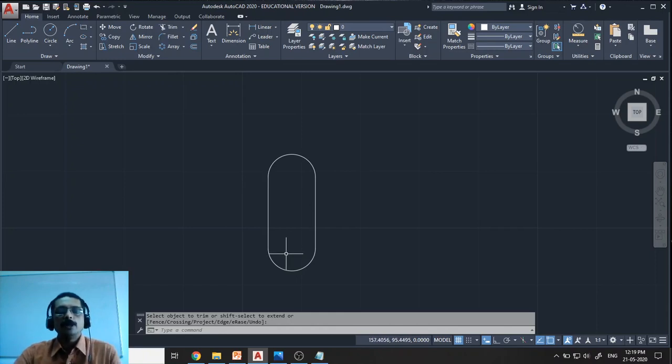I just want to convert this to a polyline, so that if I click any point on this entity, the whole thing will be selected and I can offset it together, right? So for converting this into a polyline, and joining all the entities to make a single polyline,